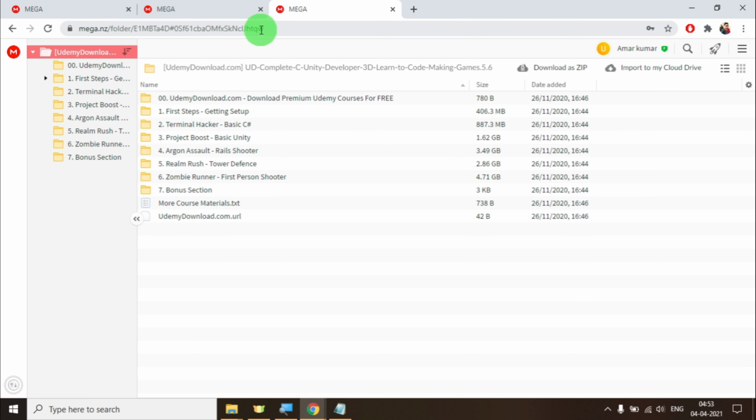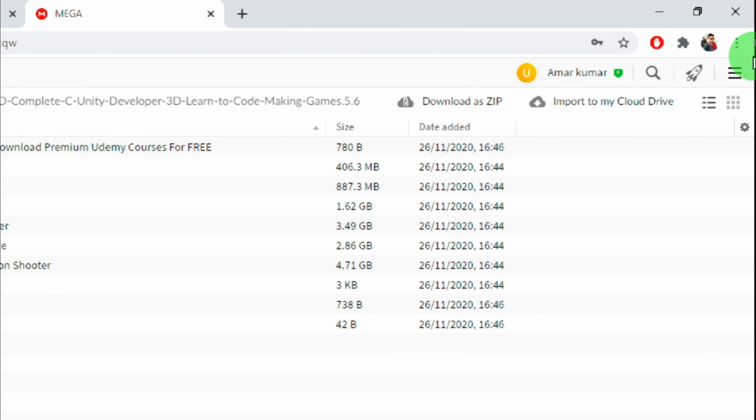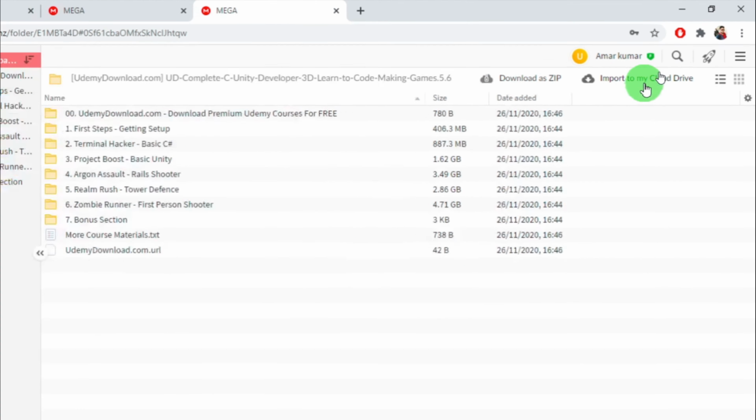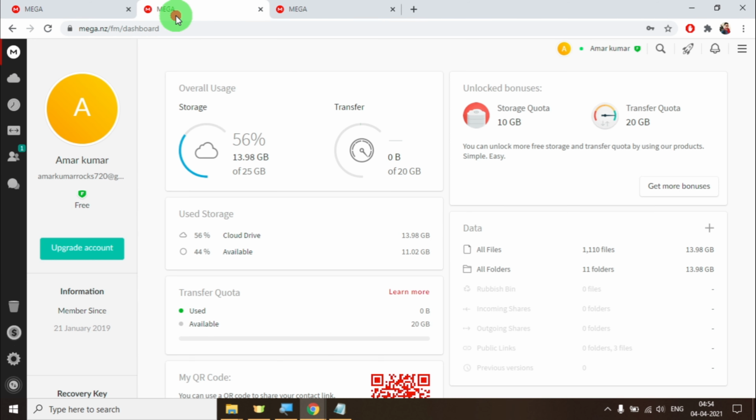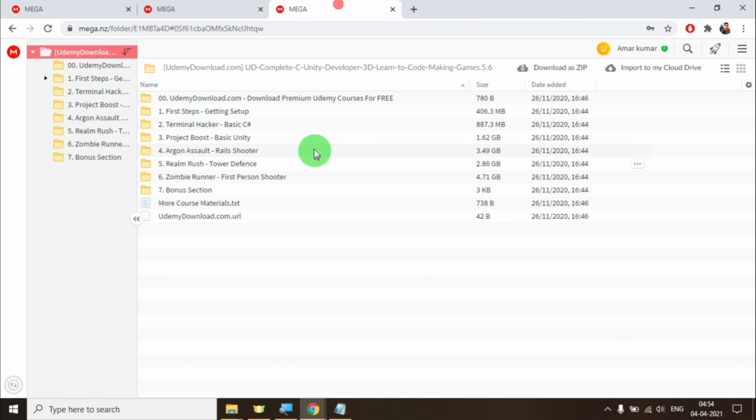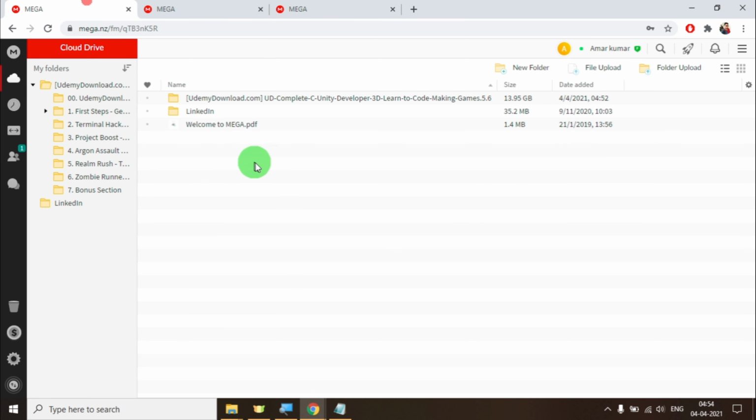Whatever link you get, you just need to click on this import to my cloud drive. Here, let's zoom in. This is the button, import to my cloud drive. You just need to click on this button, choose the folder into which you want to copy, and just click on import. That's a simple thing. By doing so, all the files in the cloud link will get copied to your own drive account,